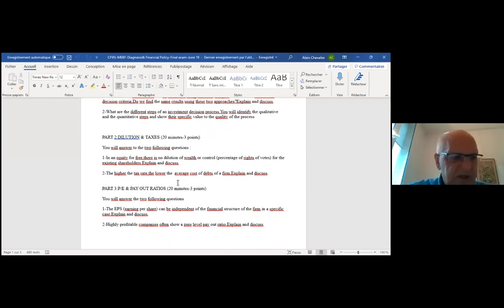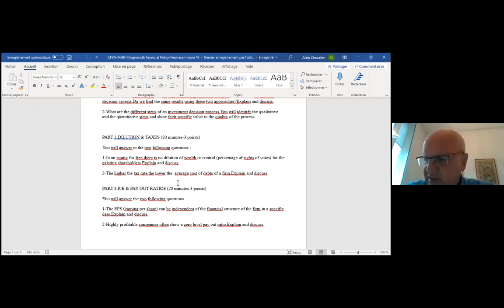Remember, we can make the calculation of the cost of debt without taxes. And you remember that the cost of debt without taxes should then be multiplied by 1 minus the tax rate. But we found in the last exercise 2 different situations. The first one is for profitable firms. The second one is for non-profitable firms.